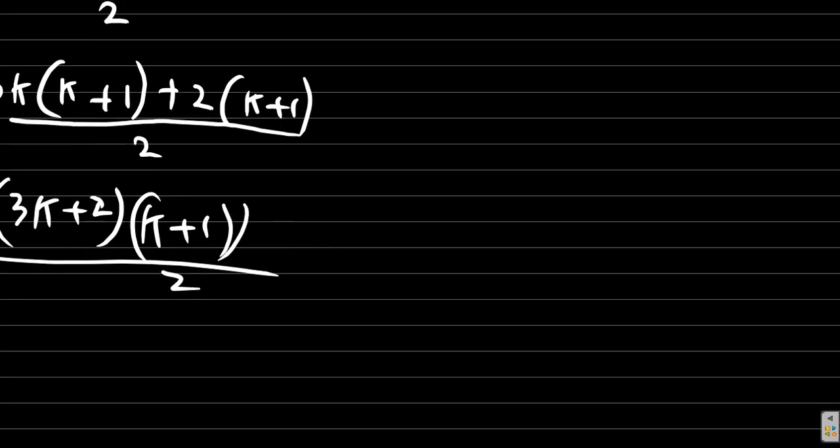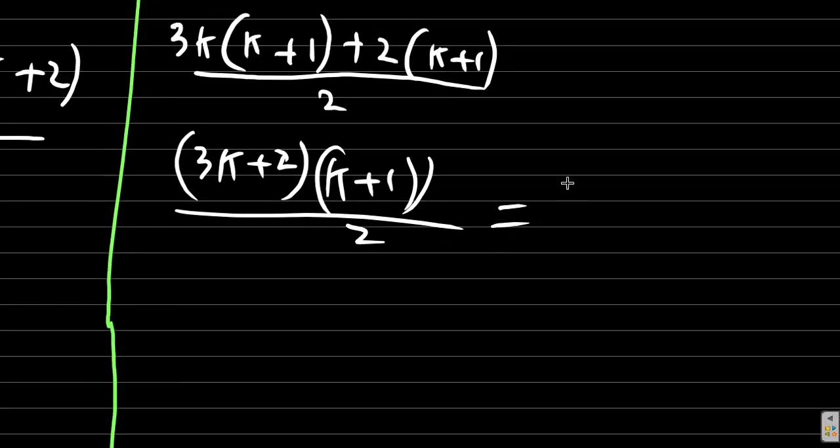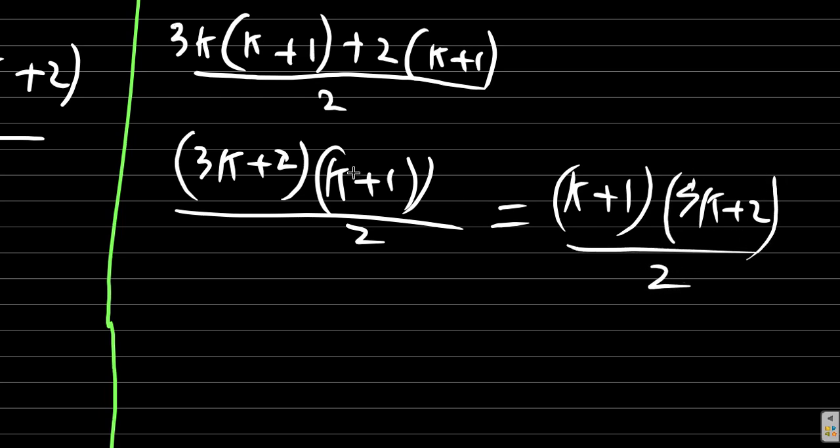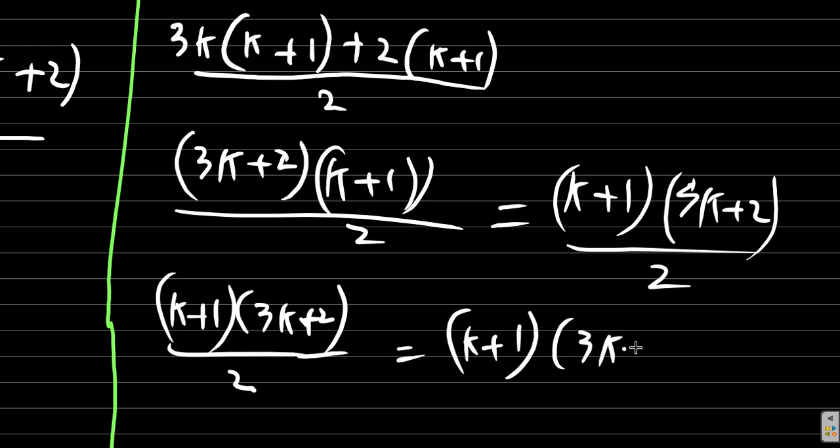Alright, so on the right hand side, what we have was k plus 1, 3k plus 2 all over 2. So that is equal to k plus 1, 3k plus 2 over 2. It's just that the k plus 1 is on the left. So we could write it as k plus 1, 3k plus 2 over 2 is equal to k plus 1, 3k plus 2 over 2. So that is